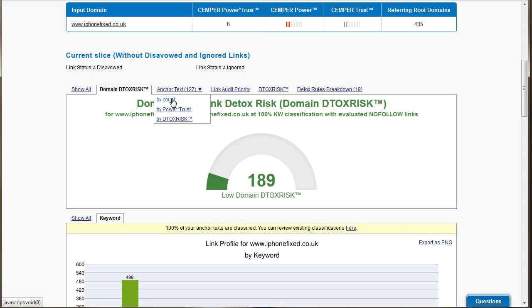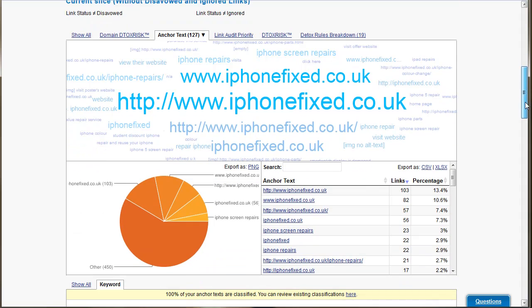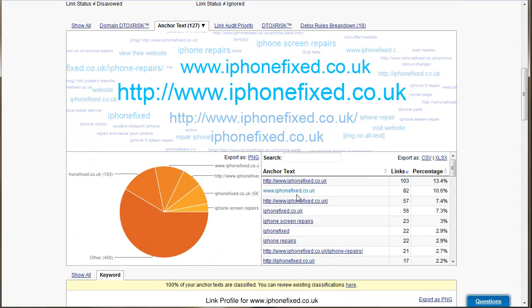So if we come here and look at the anchor text by count, you'll see that that's much better now. You've got iPhone fixed there at 13.4%, and the first money key phrase that appears is iPhone screen repairs, and that's actually just 3%, and then these are all quite low.